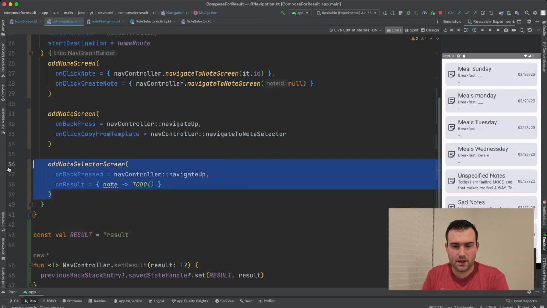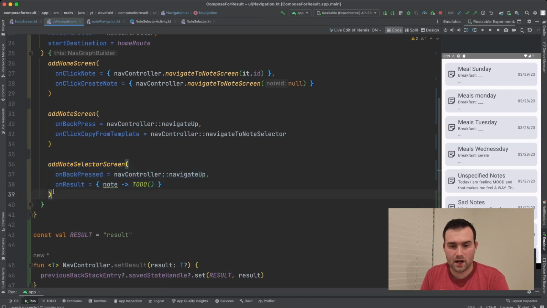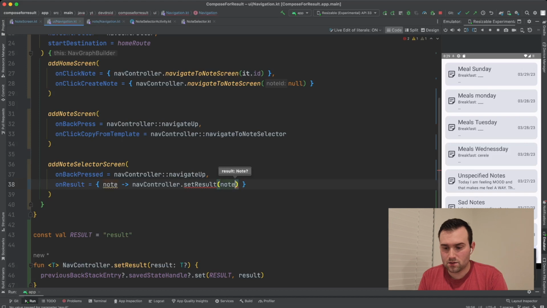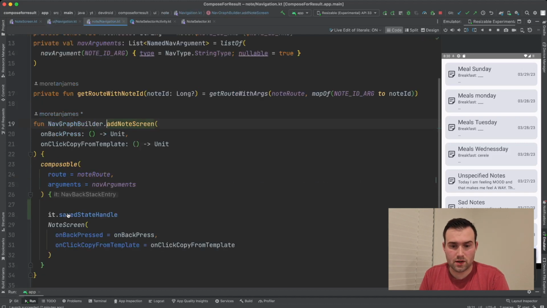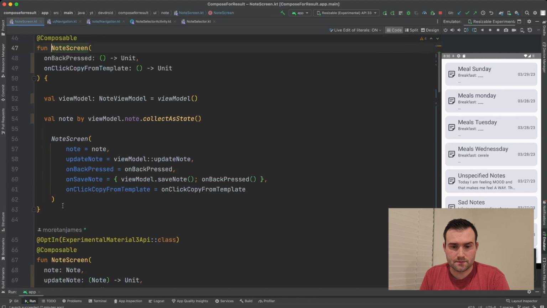So right here we have that same note selector that we had in the last example, and it also has this onResult API. And so all we're going to do is we're going to say navController.setResult, and we're going to say note.id. And then we are also going to pop that backstack so that once you've set the result, you go back to the last screen that actually called for the result. Cool. And then we're going to go back to the note screen,